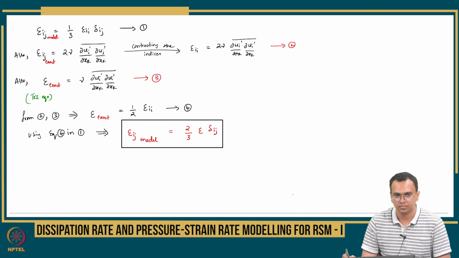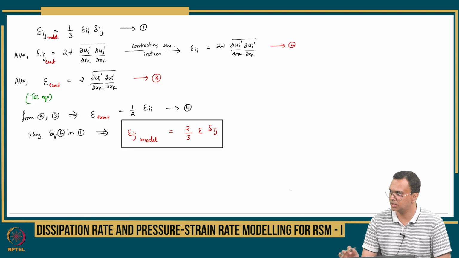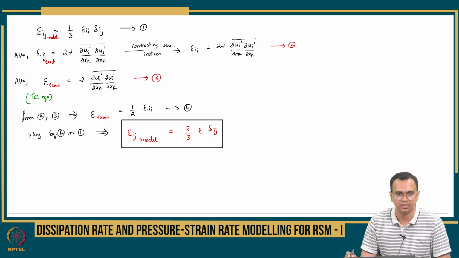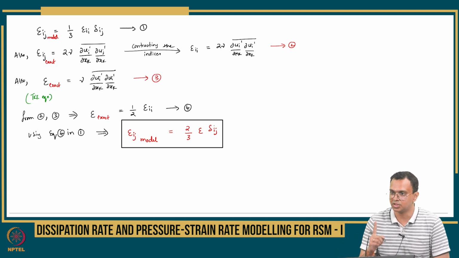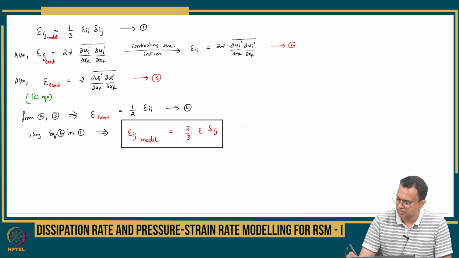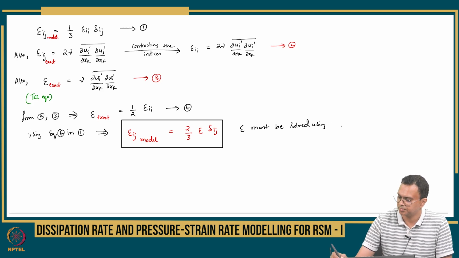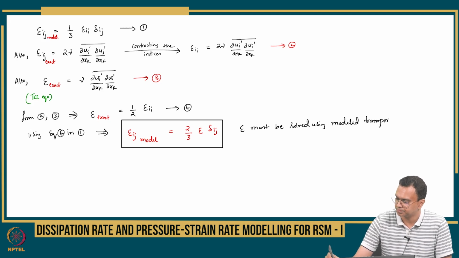Is the model complete now? Now epsilon_ij I am going to substitute in the Reynolds stress modeled equation, and it is 2/3 epsilon delta_ij. Where is epsilon coming from? We need a transport equation here. So in the Reynolds stress model, one more transport equation is solved for epsilon. Okay. So here epsilon must be solved using the modeled transport equation